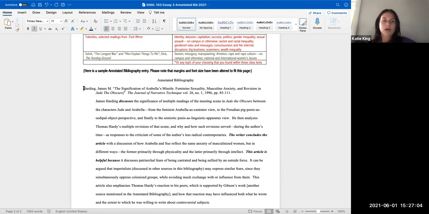Also, when you cut and paste them onto your Word document, most of the time they won't have the hanging indent. And so I know what your next question is. It's, well, Professor King, how do I do the hanging indent then? And I will show you. I'll show you for a Word document because in another video and in the conferences, I talked to you about how to do it on Google Docs. So if you have a Word document, you just, and let's say you start out,